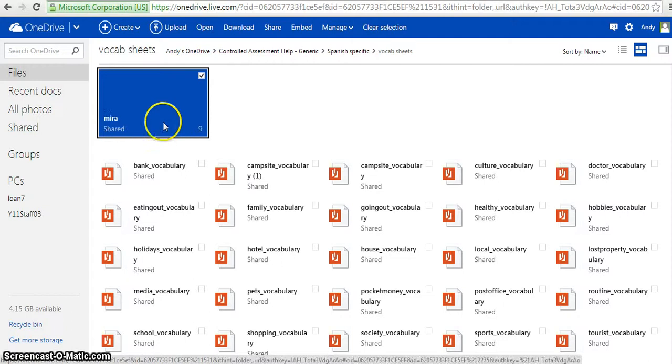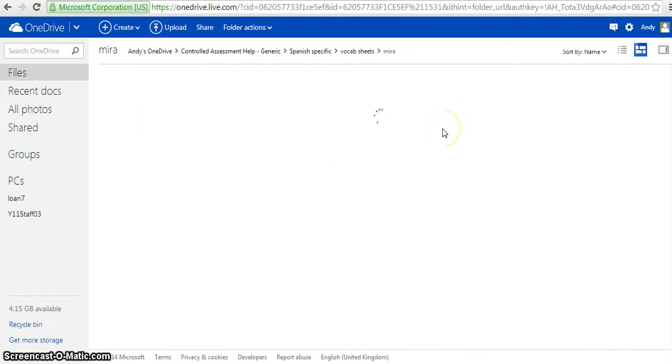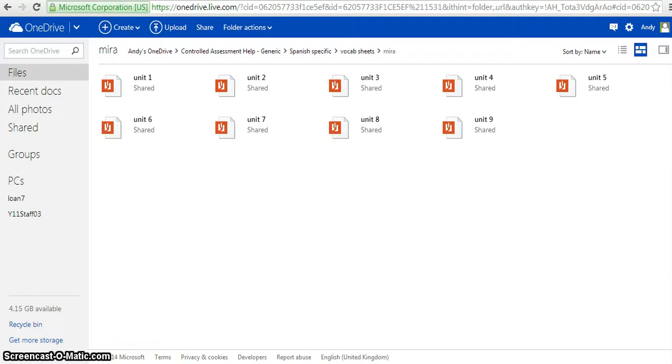If I just quickly close that one down now and go back to the top, you'll also see that there's one that says Mira. If I open this folder up, I get units 1 through to 9. There are 9 units in the Mira book. The one that we're studying at the moment is Unit 3. So if I open up Unit 3,